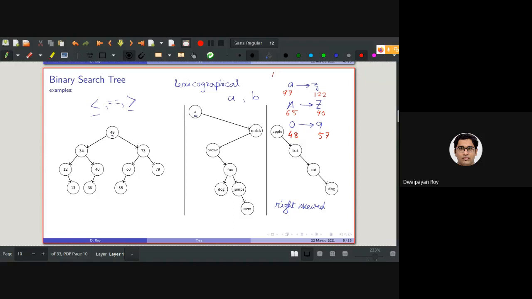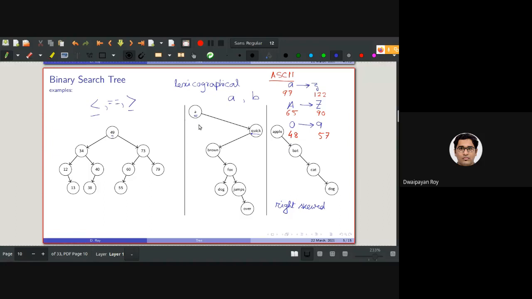These are the ASCII values of the alphabets. But wait a minute. We can get the ASCII values and based on that we can sort them if it is a single character. What if we need to store, say, quick and cute?